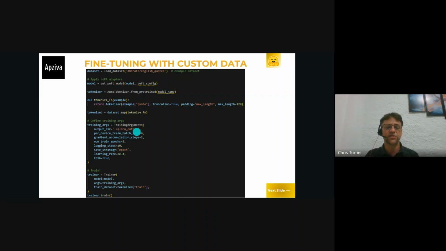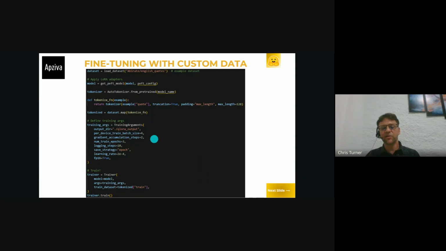So we're going to use the training arguments function, and we're going to set an output directory to put our results. We can set a batch size. So you can set the batch size to whatever you want. If you set it to a lower setting, it will take longer to train. And you can do that if you're running to the edge of your machine's abilities. You can set the batch size a little bit lower, and it will help you get through the training process, but it's going to take a bit longer.